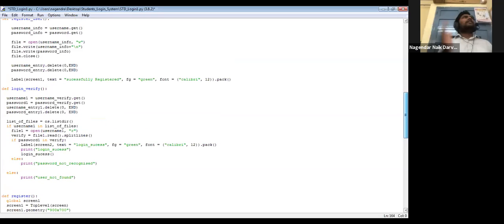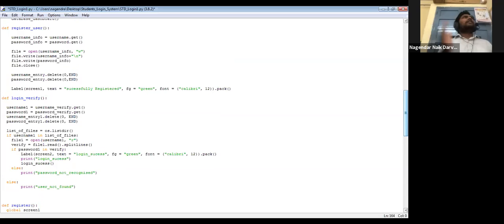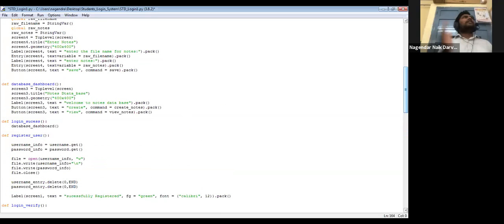Okay. So now login verify. In login verify, open it and compare with that. When login is successful, it is taking us to a different function. When login succeeds, what does it need to do now? It needs to open us a dashboard actually, where you can view, create, delete, whatever you need, you can define over there. That means when login is successful, it is again taking us to another function, which is the database dashboard.